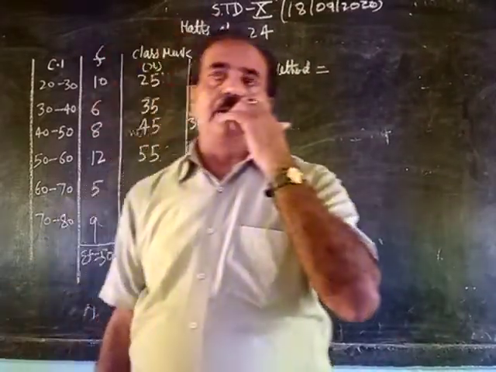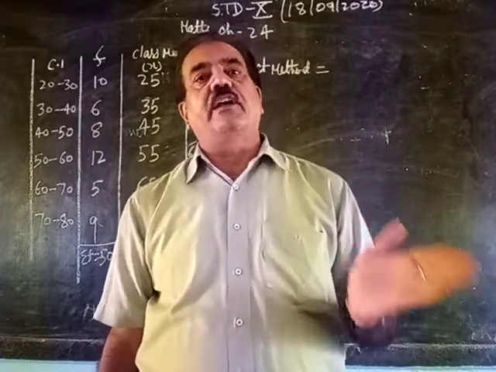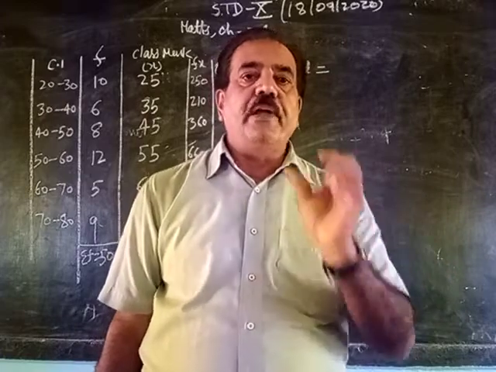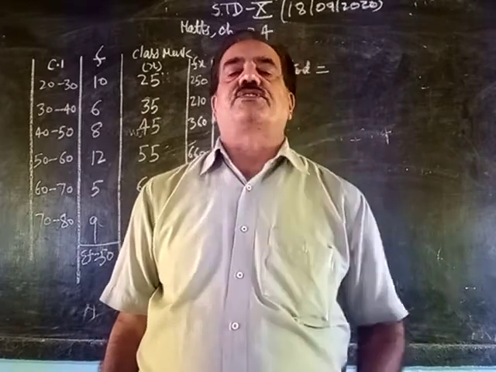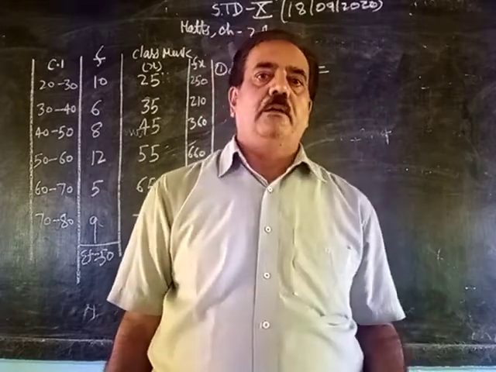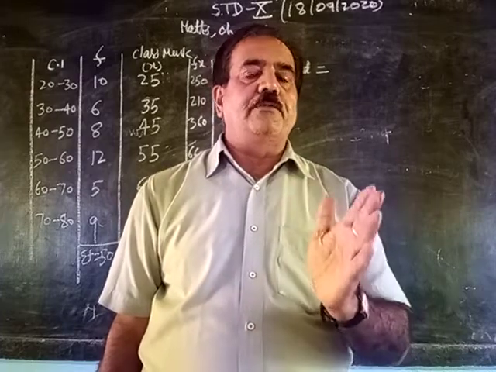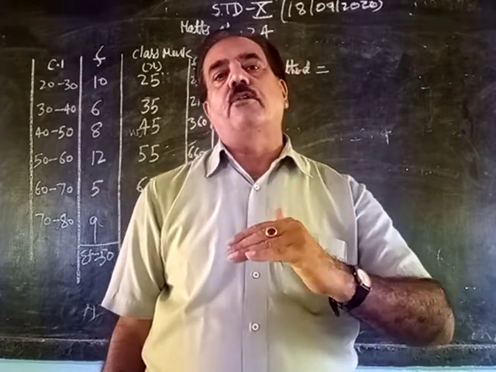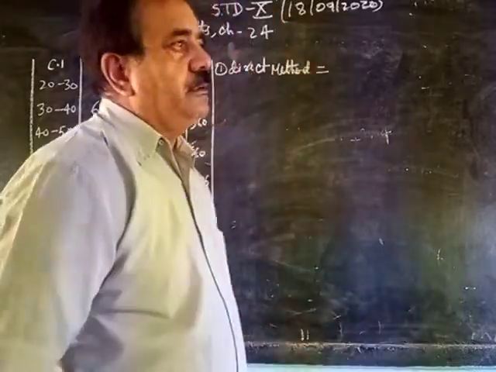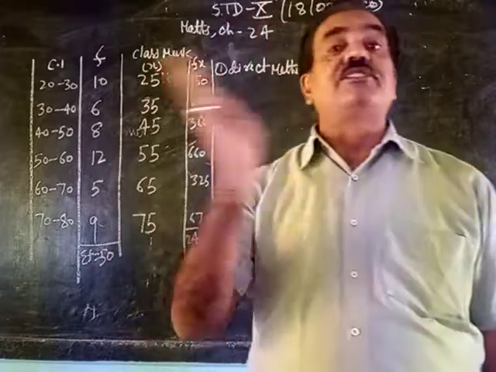You know that to find the mean there are three methods: direct method, shortcut method, and step deviation method. If in the examination the method is mentioned in the question, then you have to give the answer by that method only. If nothing is mentioned and it is simply written find the mean, then you can find the mean by any of the methods. Last class I explained when the class interval was not given.